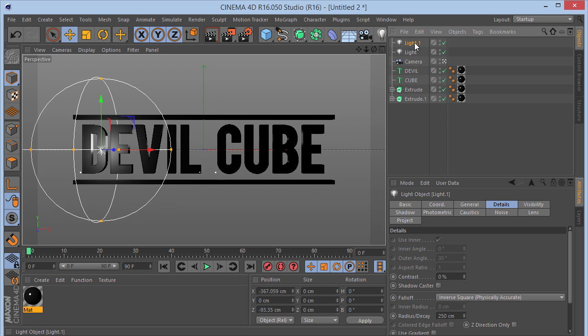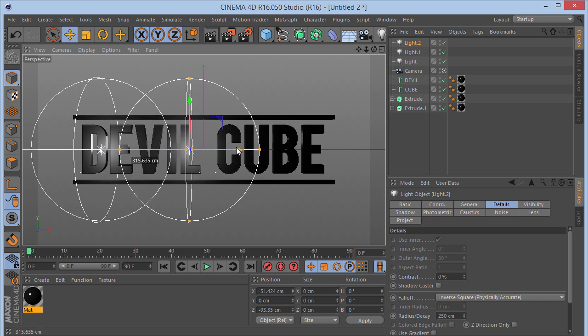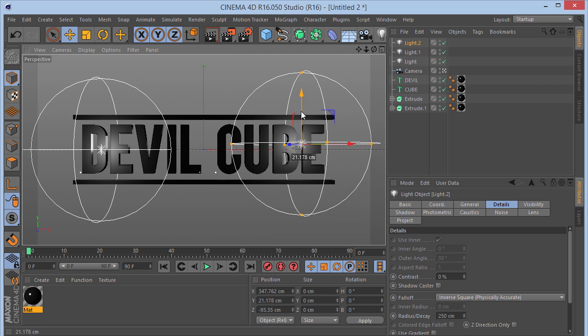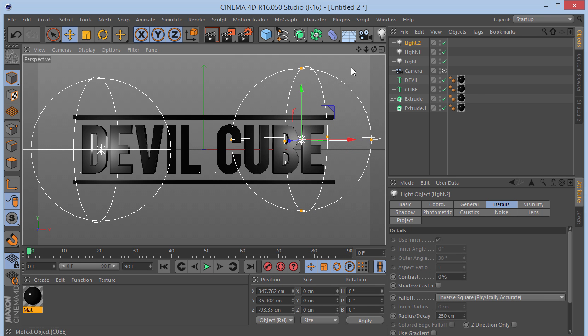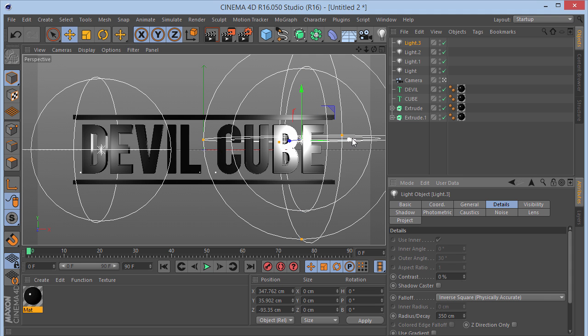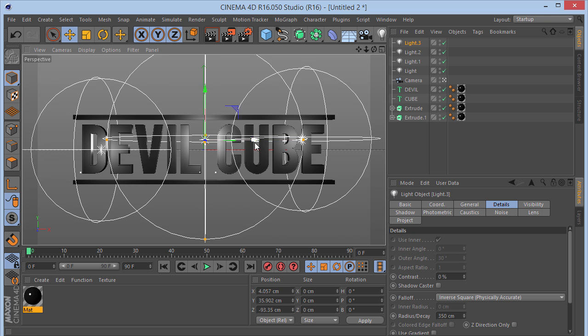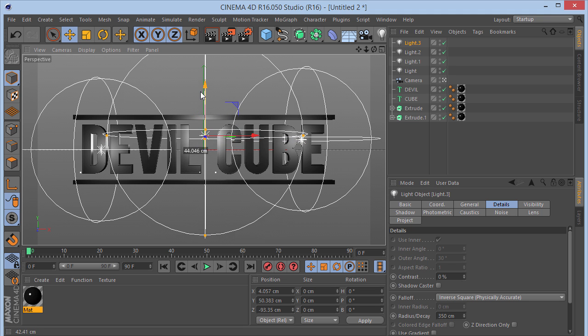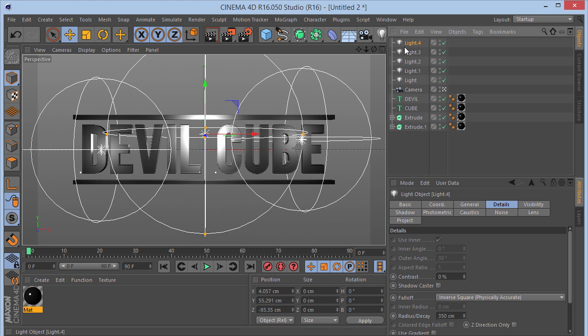Hold down Control and move, and we can move this over to this side, and probably put it a little bit up. Let's duplicate the light once again and set the radius of this to 350, then move it and put it right in the center, and that's looking great. A little bit up, and we can duplicate this once again